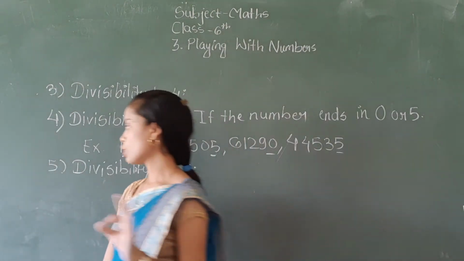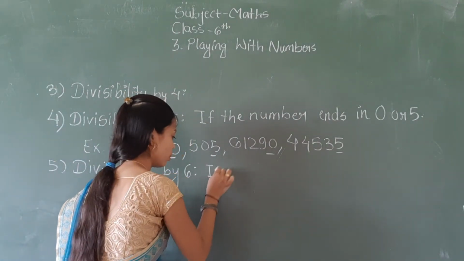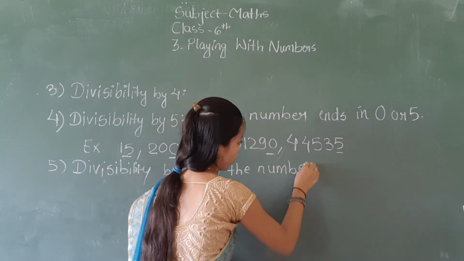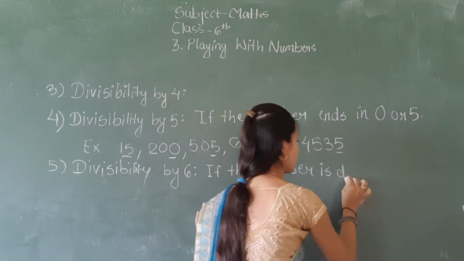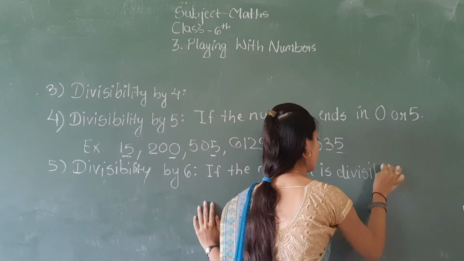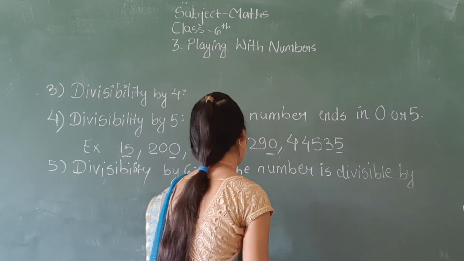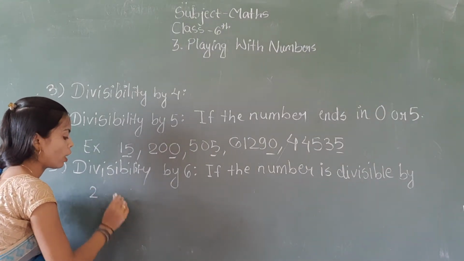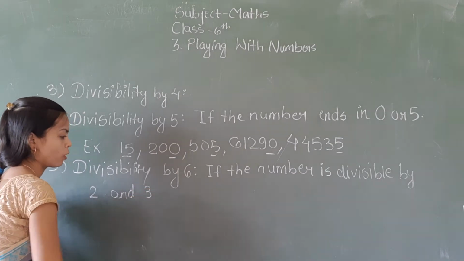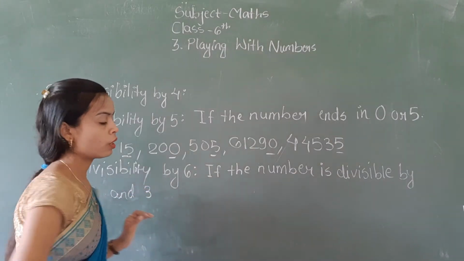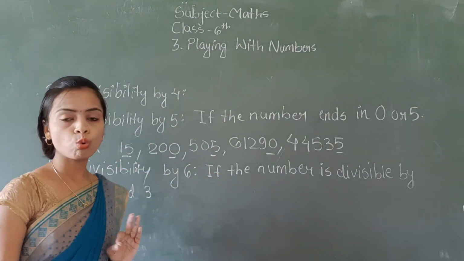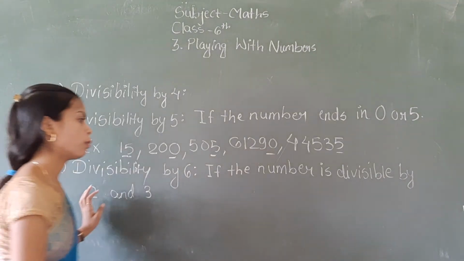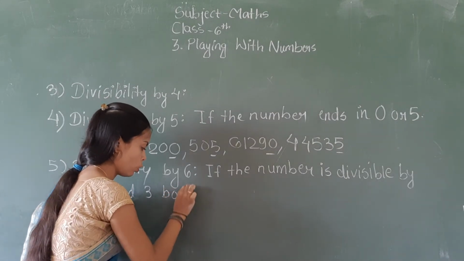So the divisibility of 6 is: if the number is divisible by 2 and 3. Okay, if a number is divisible by 2 and 3 both, that means it follows both divisibility tests. Okay, if the number is divisible by 2 and 3 both,